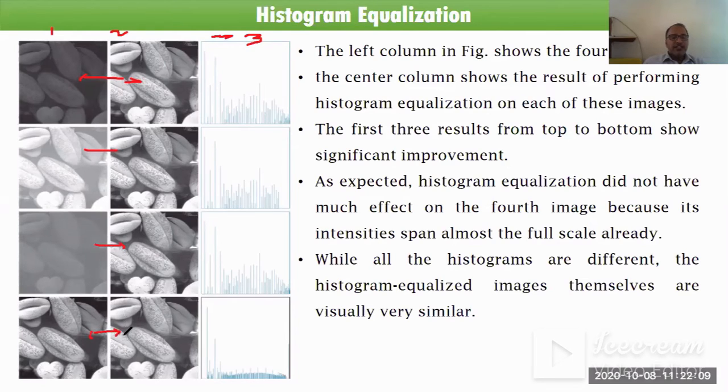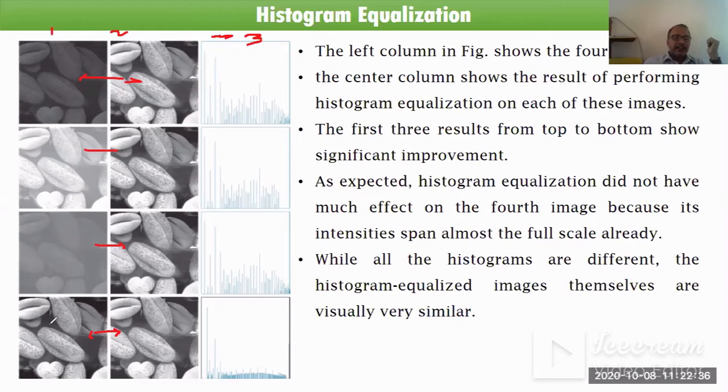चौथी इमेज आहे त्यात काही जास्त डिफरन्स दिसतोय का? नाहीये, because already this image is a spread histogram equalized image. Okay, so the first three results from top to bottom show significant improvement. Okay, as expected, histogram equalization does not have much effect on the fourth image because its intensity already spreads almost